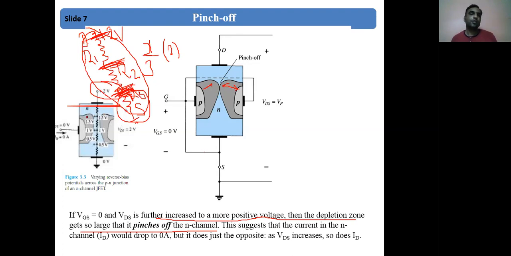So if there is no drop, then the PN junction will go to its normal value and again there will be opening of the channel. But the VDS applied is high, so it will be maintaining some constant gap between these two PN junctions. That will allow the highest current, which is called the pinch off current. So at some value of VDS you will reach constant current, which is called saturation, due to this pinch off phenomenon.